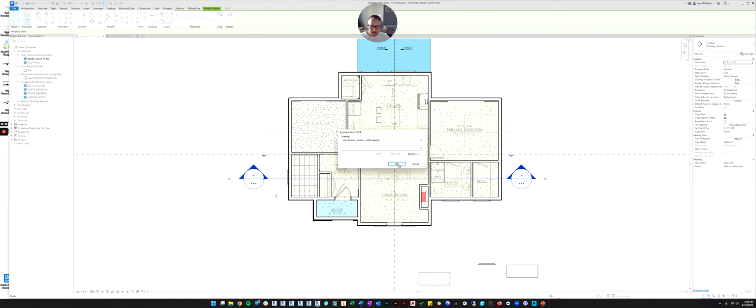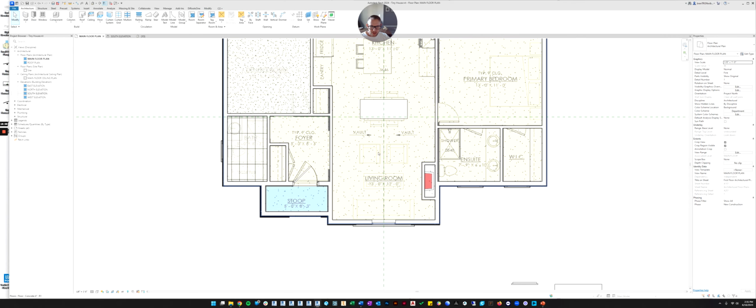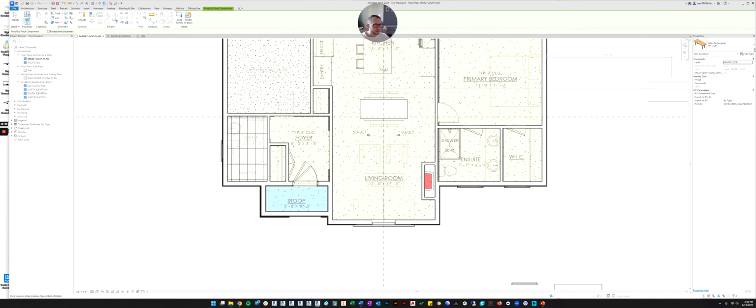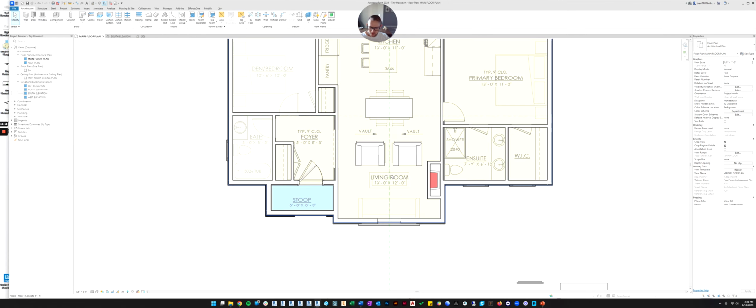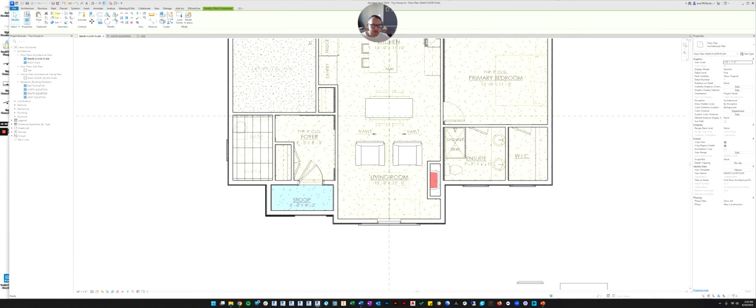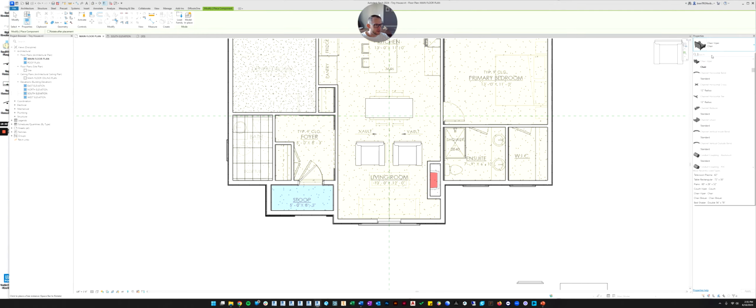Then I'm going to delete our section. Let's put in the seats. So we're going to do the Component command, and we're going to do chair, see what we got. Okay, let's pick this chair. Oh, this is huge compared to the ones in the background, but okay, let's do those. Then we can do Component again, and we could pick couch. There's the couch.